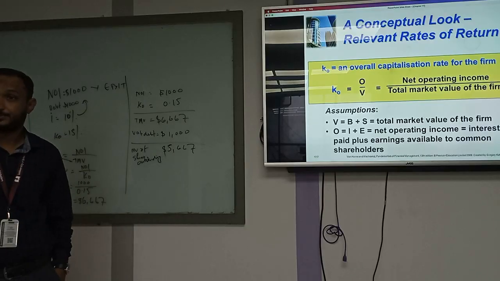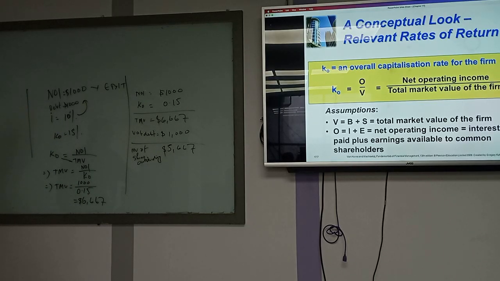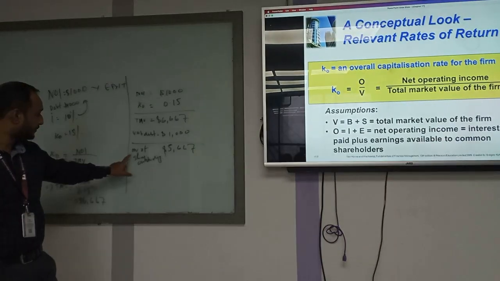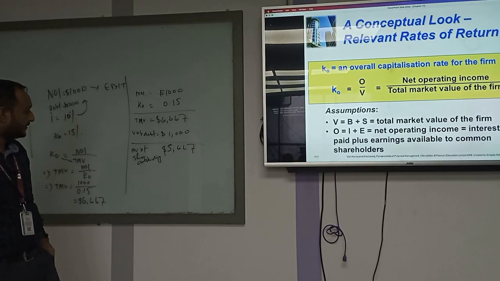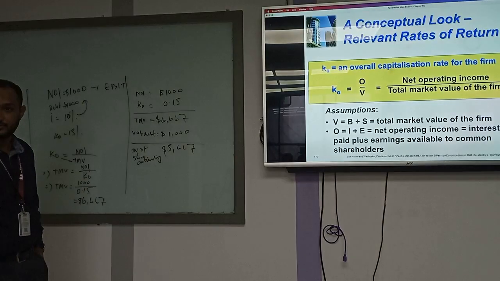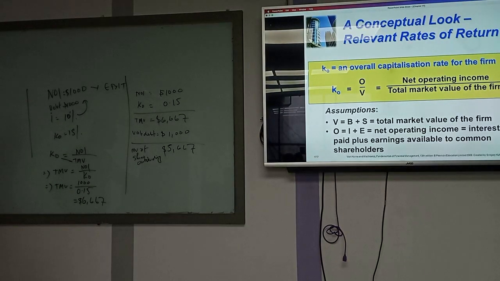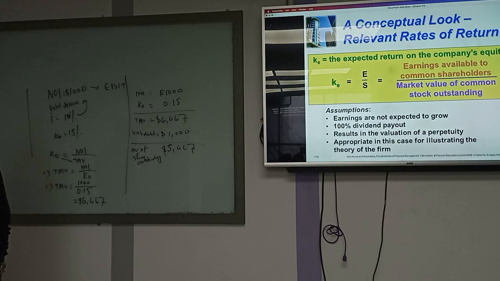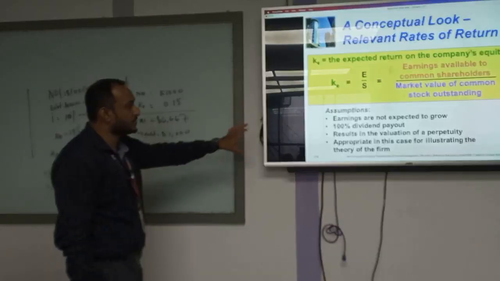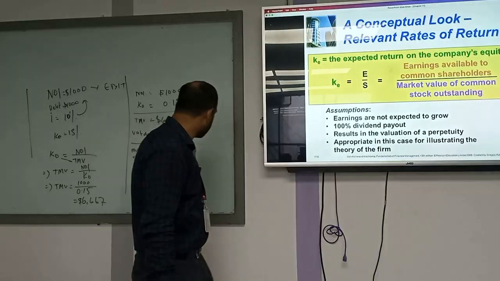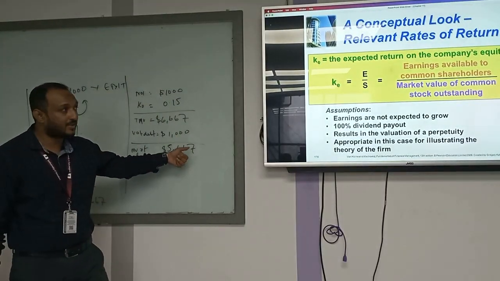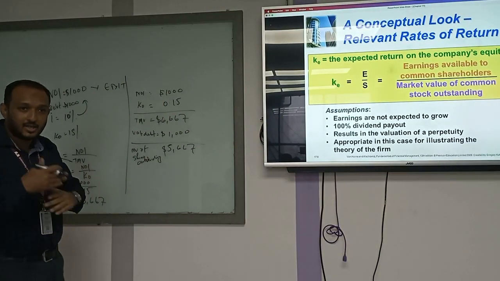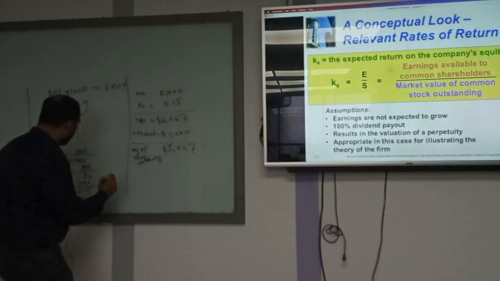Not done yet. So I have got the market value of shares outstanding. Now I also need to find the earnings available to the common shareholders. This portion is done, the market value of common stock outstanding, we got it, 5667. But the earnings available to common stock shareholders is not given, so again we have to calculate it. How? Because we know